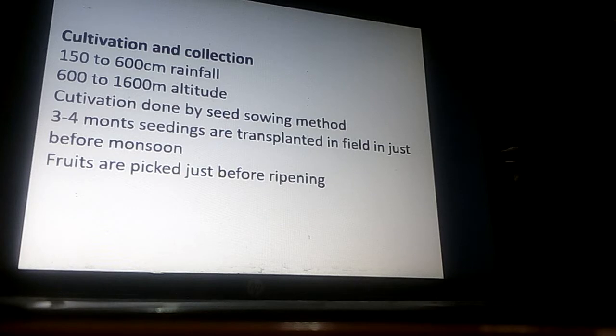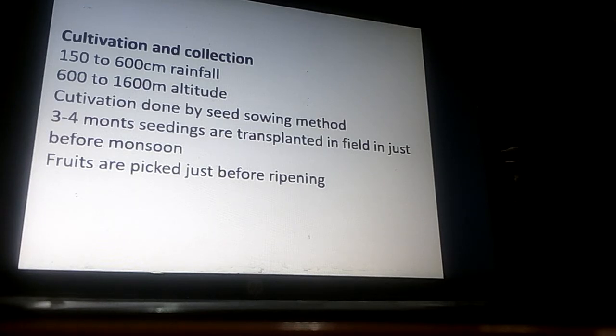Now the cultivation and collection of cardamom seed or fruit. For cultivation and collection, it requires certain conditions of rainfall and altitude. 150 to 600 centimeter rainfall and 600 to 1600 meter altitude are favorable for its cultivation and growth. Cultivation is done by the seed sowing method. Nursery beds are raised and seeds are sown, and when the seedlings are about 3 to 4 months old, they are transplanted in the field,